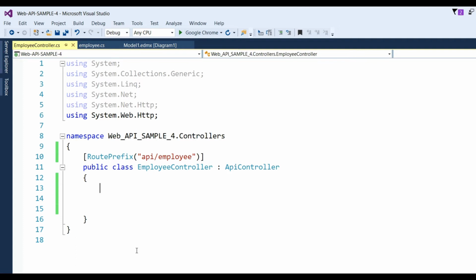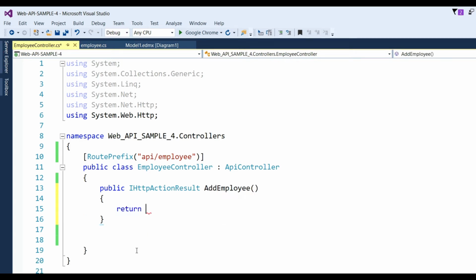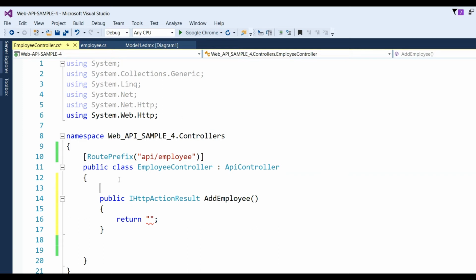Now put one action method, public IHttpActionResult AddEmployee, and put a return here. Now I have to put the Route on top of the action method so that we can access it.